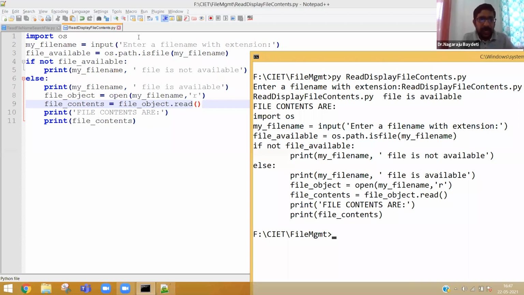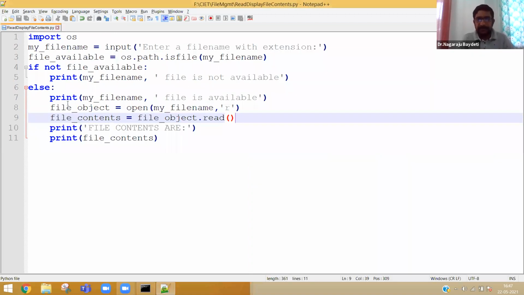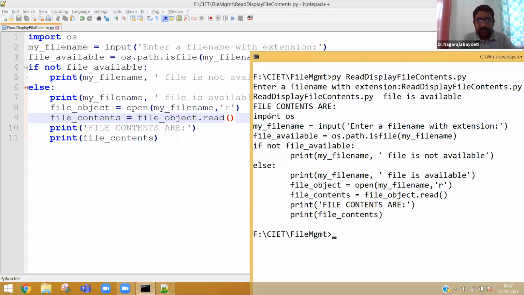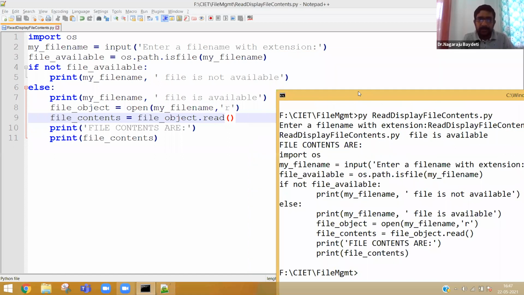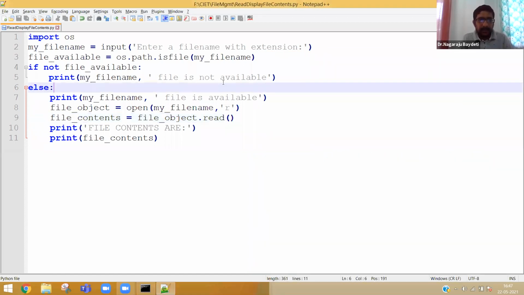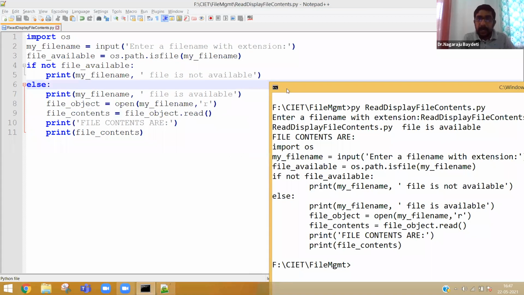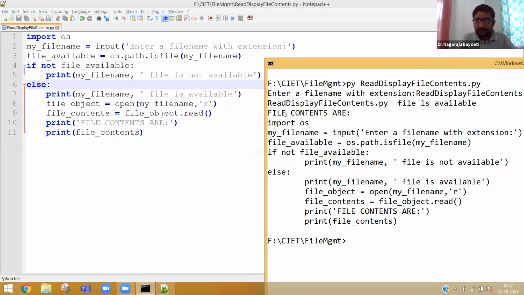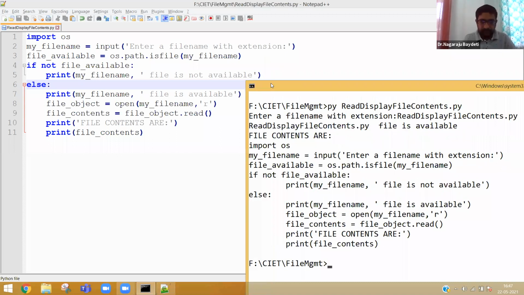You can see exactly the same thing is being displayed. See, import OS, my file name, everything. So I am able to read a file, search, and display the contents. If you have any difficulty, please let me know.